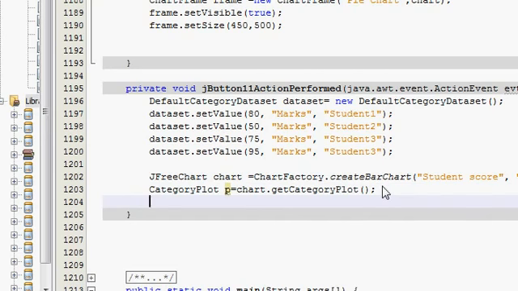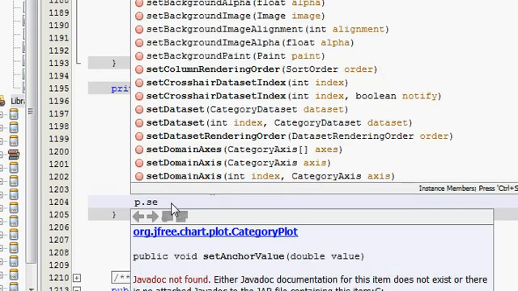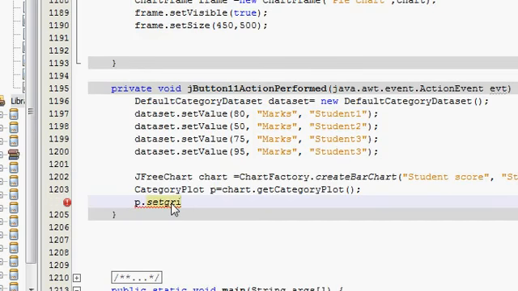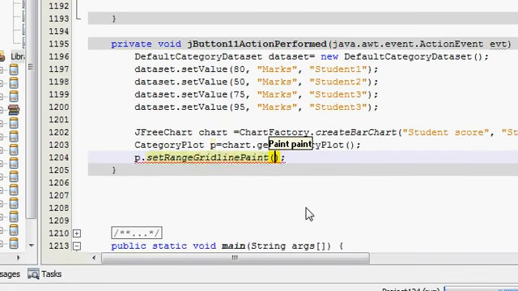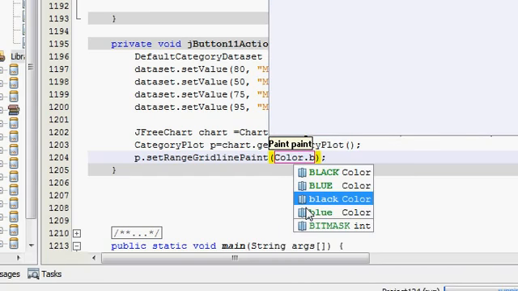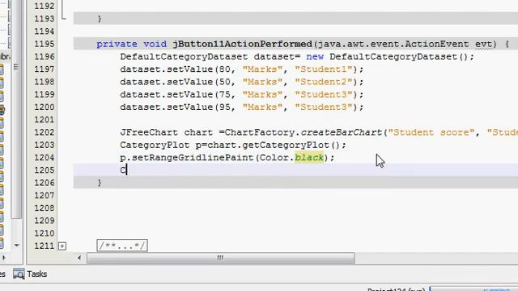and after that we will declare p, which is this variable p, dot set, sorry, dot setRangeGridlinePaint, I will give it a color for the grid, Color dot black, I will give it black color for the grids, and then I will define chart